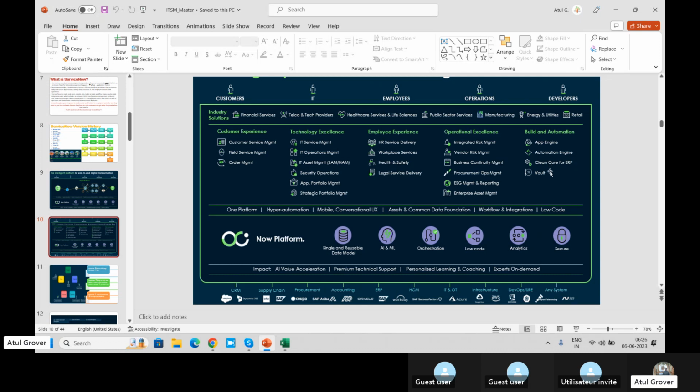If you are in operations, you're mainly worried about risk management, integrated risk management, IRM. GRC comes this side. Oh, they changed it. GRC was a different one. Now they're bringing GRC here only. Okay.